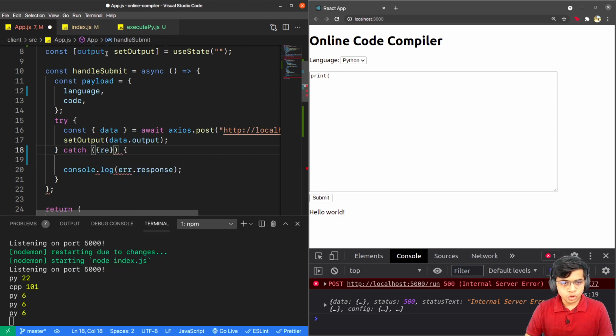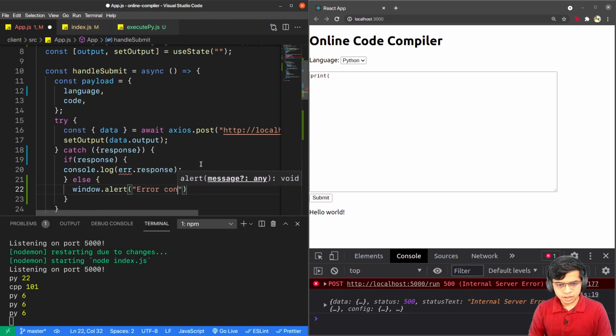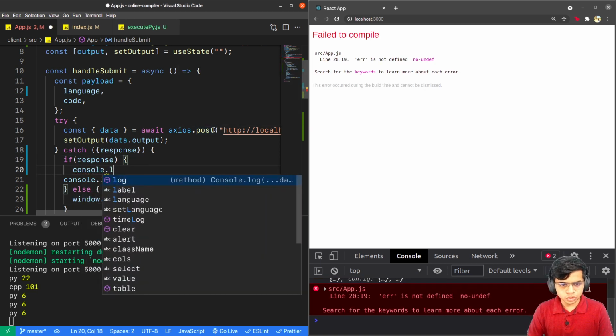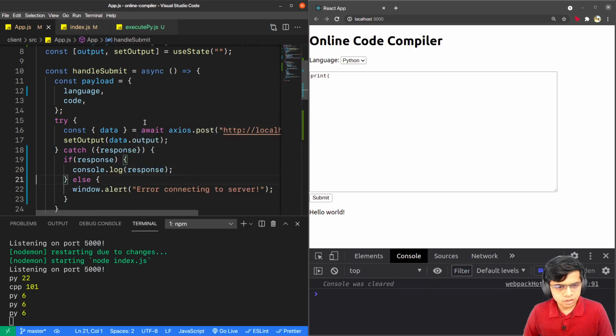Now there might be two cases: we can get an error response when the server is running, and if we have any network issues or the server is down, we won't get a response. So I'll make a condition here that, hey, if you have a response, then set the output, else use window.alert saying error connecting to server, and inside the response I'll just console log it for now so you can see what we are getting.